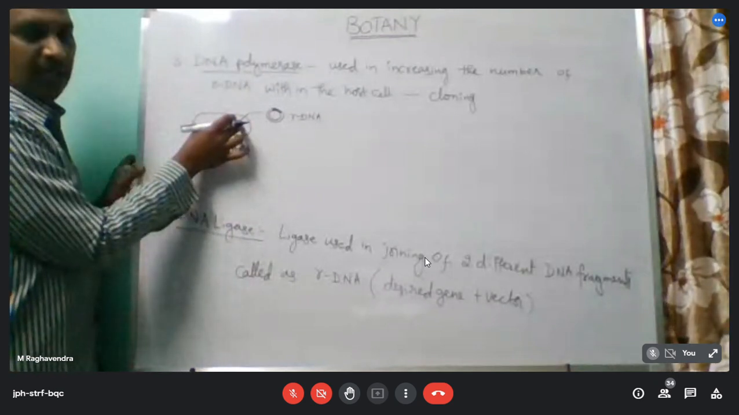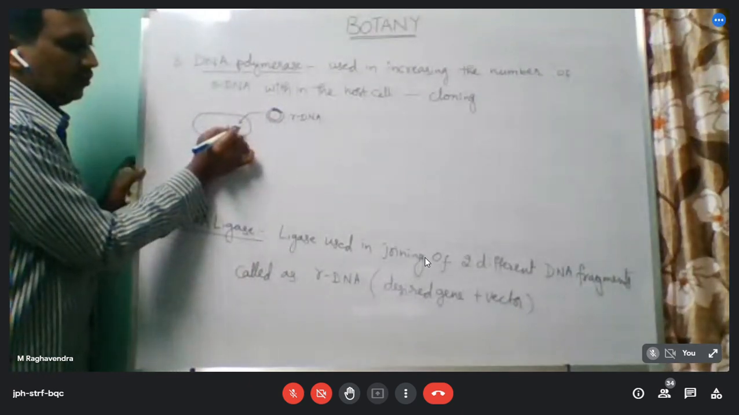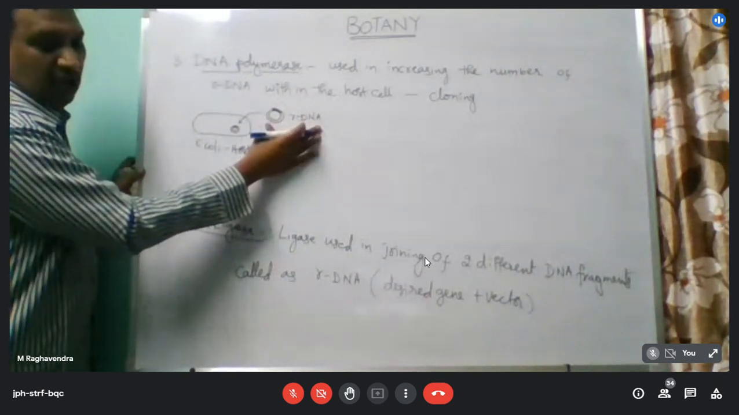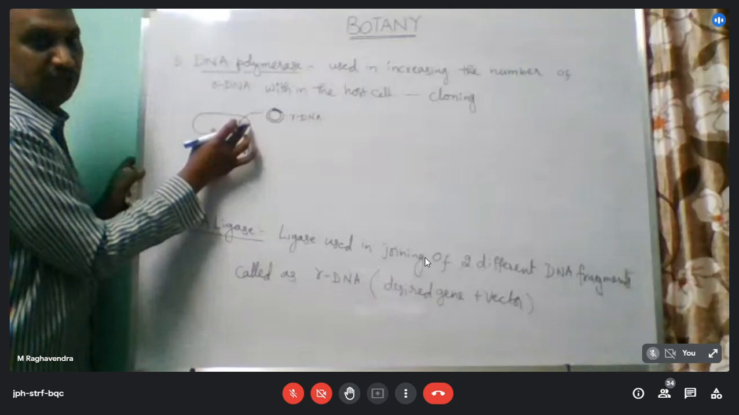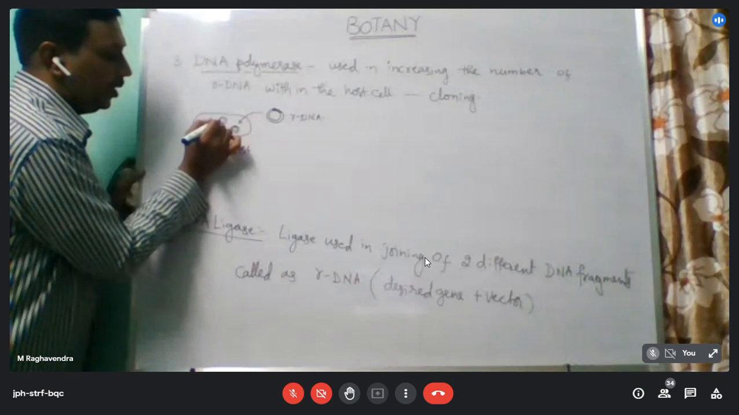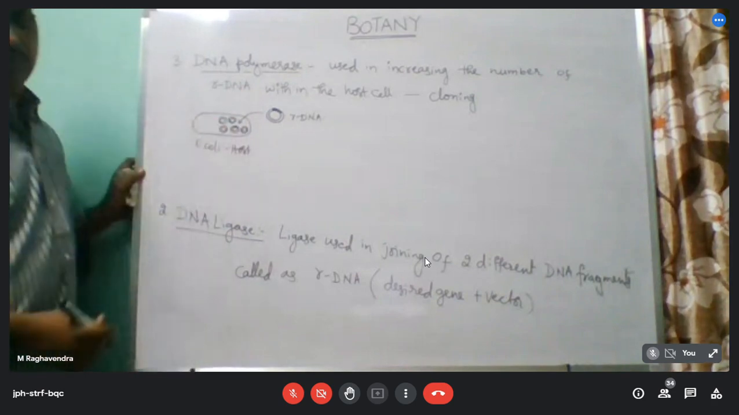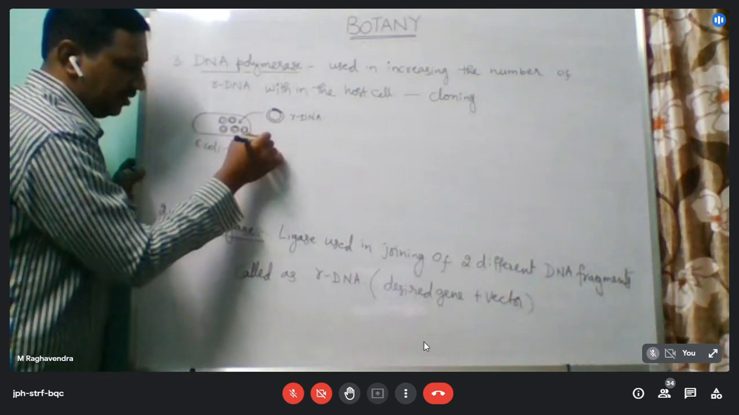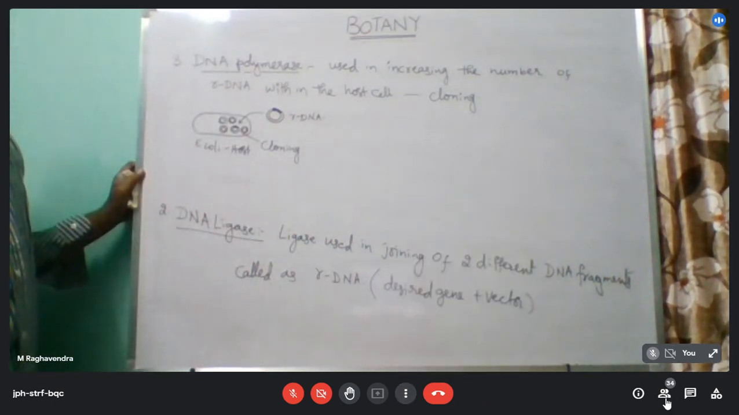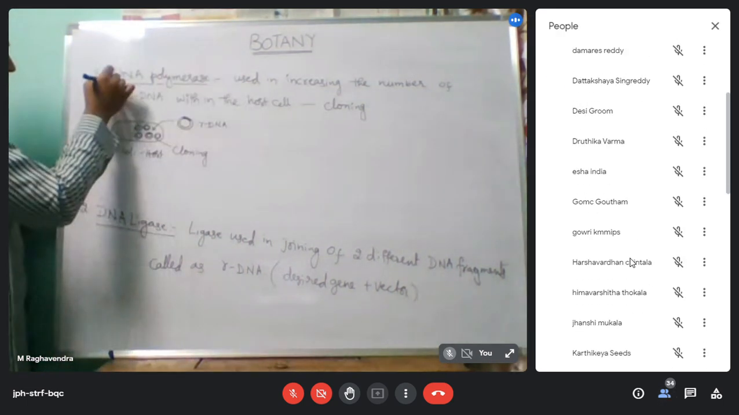Now this single gene, we have isolated and added that gene to the vector, this plasmid, and we made recombinant DNA. That DNA was introduced into the E. coli cell. After entering into the host cell, this plasmid has to become many copies. Like this, its number has to increase. This increase in number of recombinant DNA is called cloning. So this having DNA polymerase